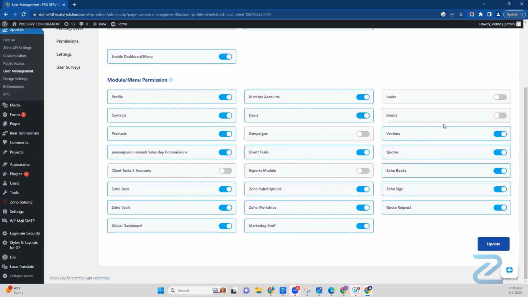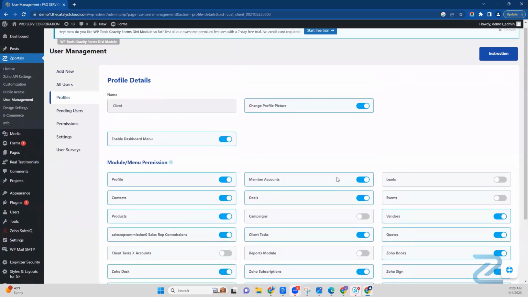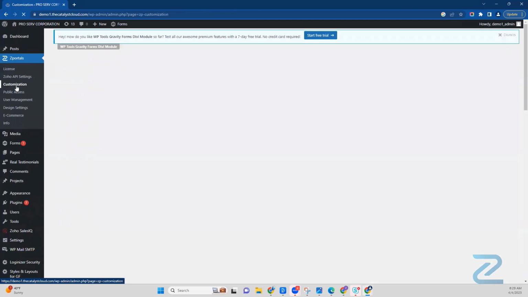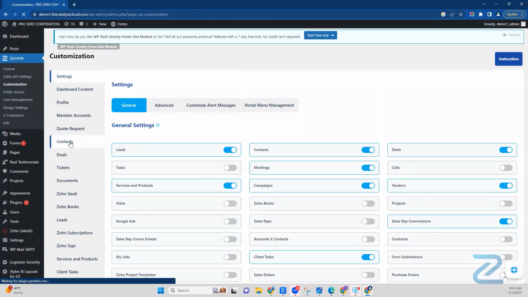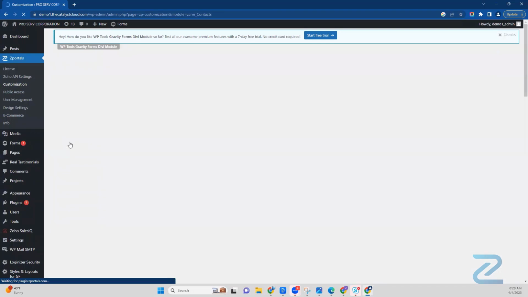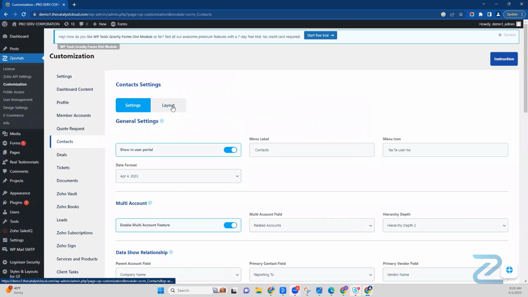So you can show or hide whole modules as shown right here. And then within a particular module, much like the CRM, we can pick and choose what fields that profile can see or edit, delete, etc. So to do that, if we head on back to customization, let's go in and drill into the contacts tab over here. If we want to limit what fields a particular profile can see within the layout builder for that module,